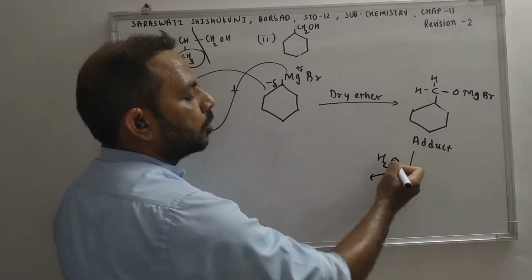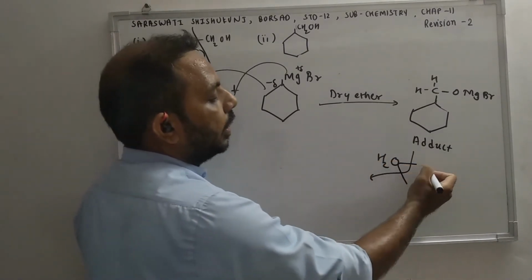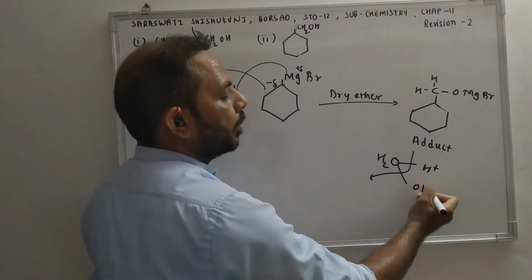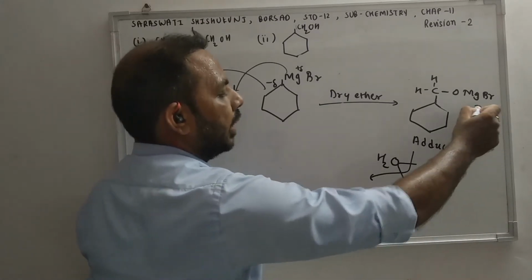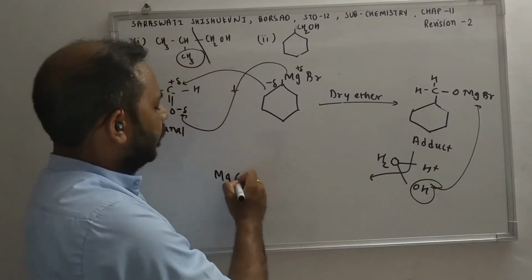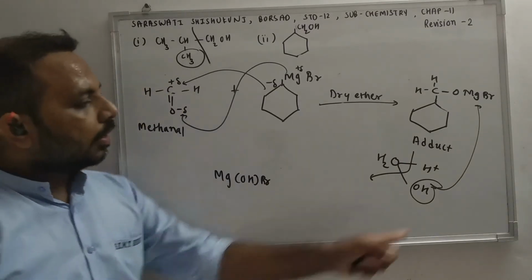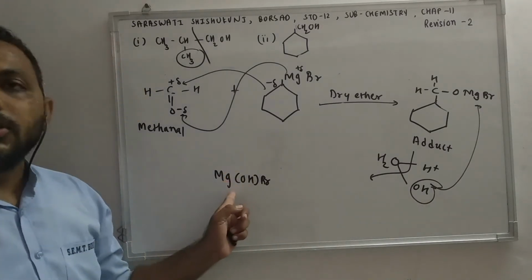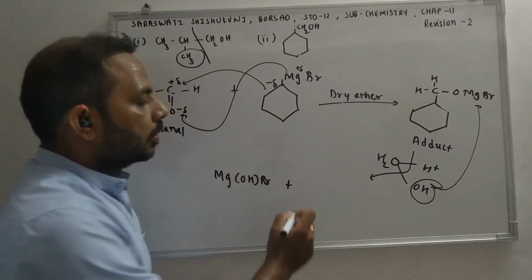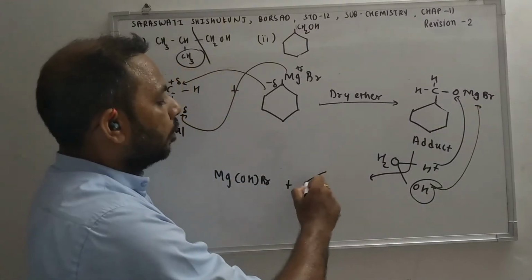So we are writing H2O, and as we know, H2O will be divided into H plus and OH minus. OH minus will attack Mg and it will form MgOHBr. So the first product is MgOHBr. Mg will attack OH minus, so it will form MgOHBr. And the last product: H plus will attack this oxygen, so it will form